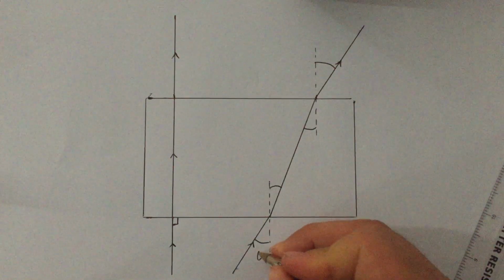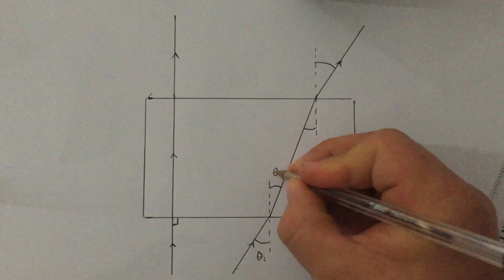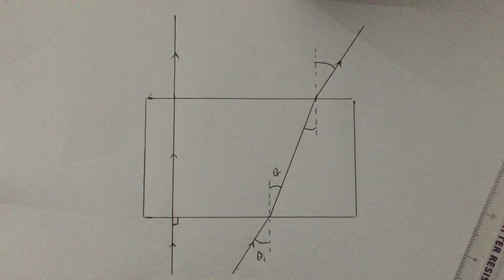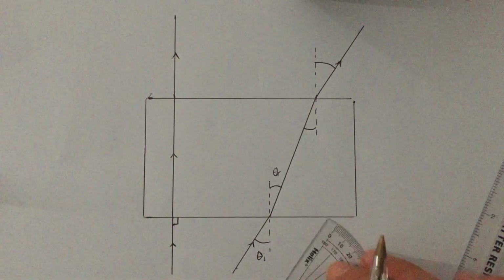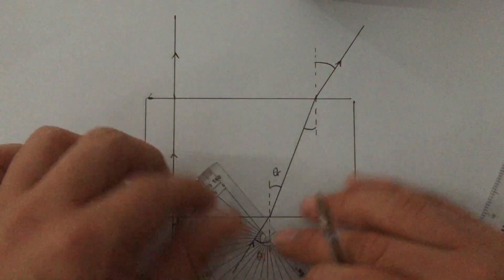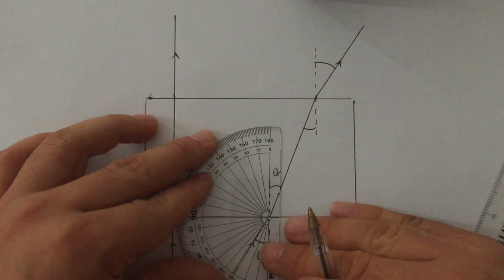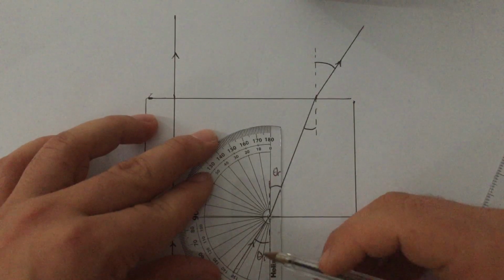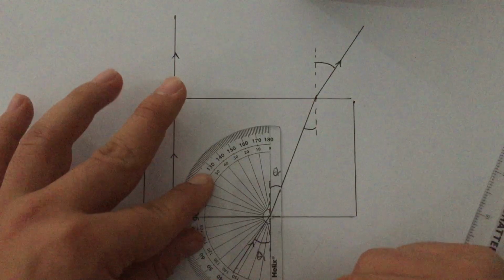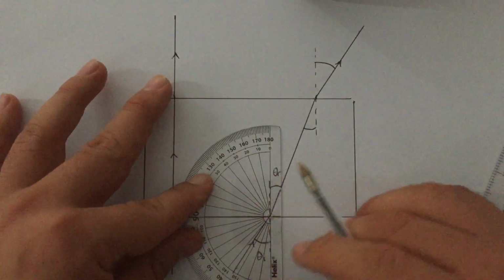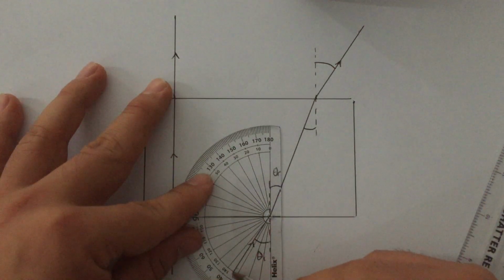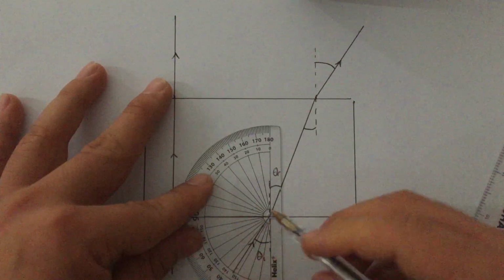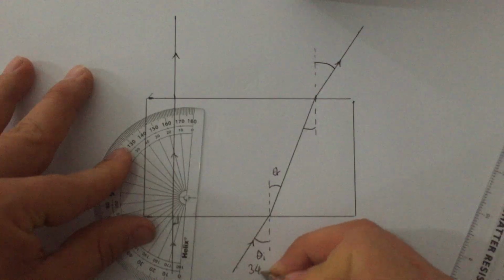Okay, so we have the angle of incidence, and in this case theta r is the angle of refraction, and then we have the same here. So let's measure these. We always measure from the normal. So I'm going to put my center point along the normal, make sure this line 0 comes along the normal, and measure it. If you have difficulty because it goes off the edge of the protractor, what you can do is extend your line to get a more accurate measurement. So this is 34